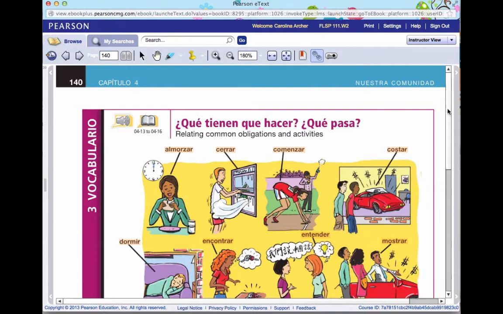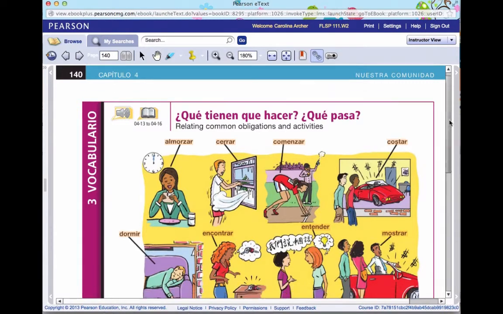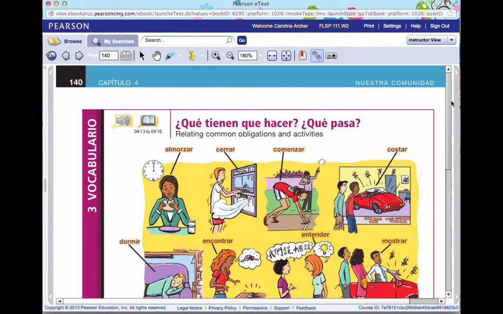And tomorrow we're going to start with more verbs to talk about what you can do or what you have to do around the house or in your community, okay? And some of these verbs are irregular and some of these are regular, okay? So we're going to continue to work with verbs.